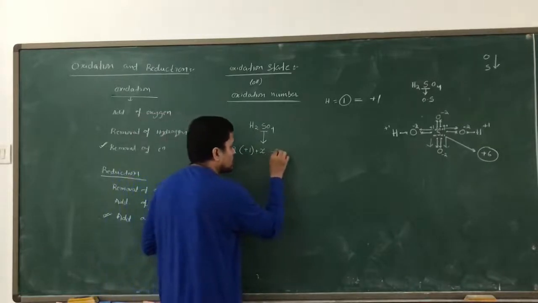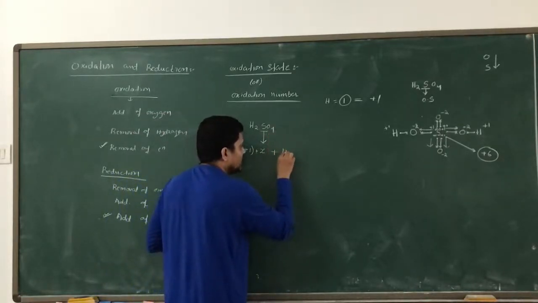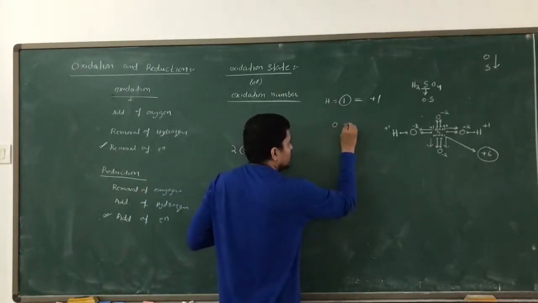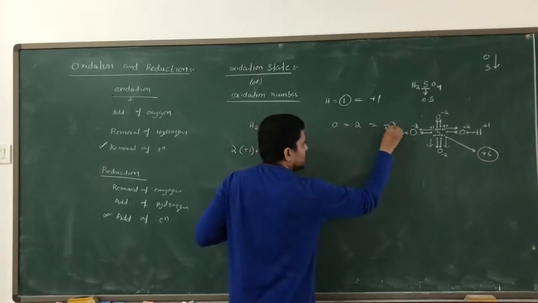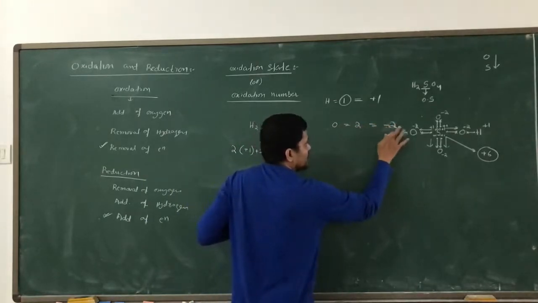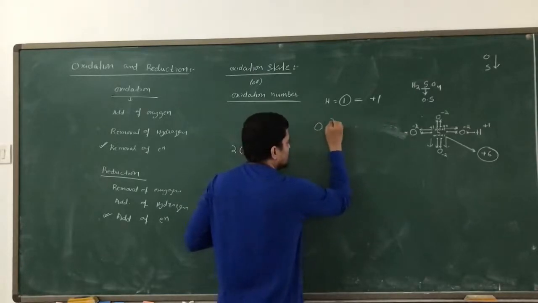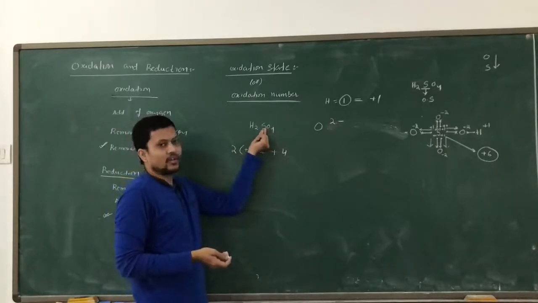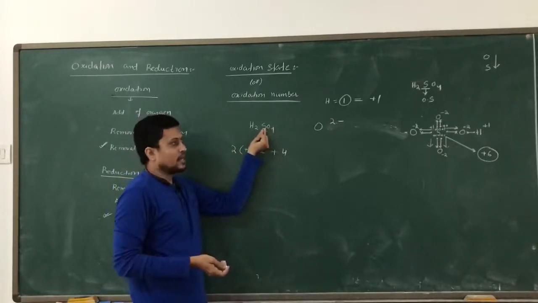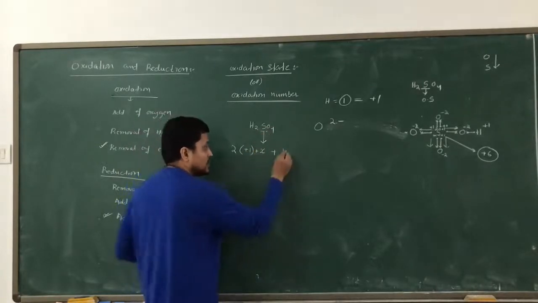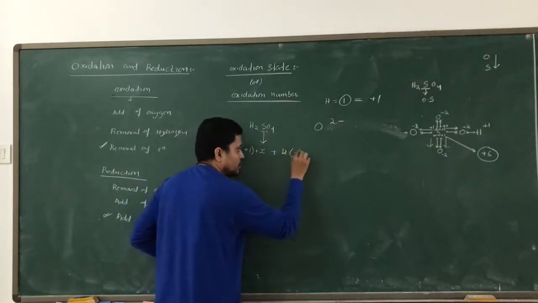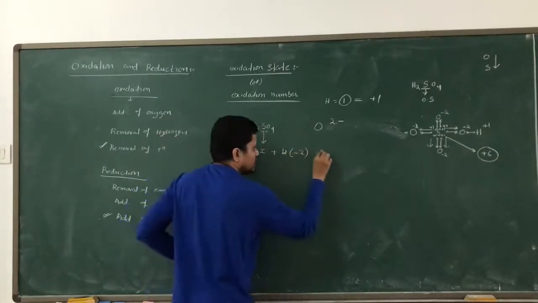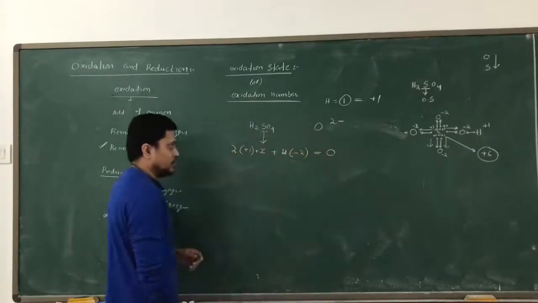And if I go for oxygen, how many oxygen do we have in total? 4 oxygen. And each oxygen is going to take how many electrons? Normally oxygen takes 2 electrons and becomes -2. So oxygen is normally -2, always, because it has high electronegativity. So here also, against sulfur, it is going to take 2 electrons from the sulfur and become -2. We have 4 oxygens, so 4 into -2. And is there any charge on the complex? Is there any total charge? If I write the total charge, which is no charge, so 0 I write.